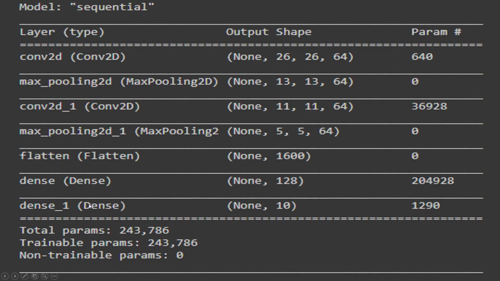All right, this is the image that we have from the training. We now have 2 convolution layers, which consist of one Conv2D, one max pool, one Conv2D, one max pool. After that, we apply the flatten operation, and then we have the dense layers, and the parameters we have learned over here are fewer.